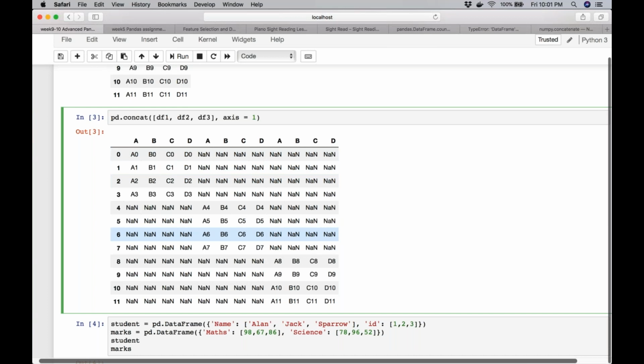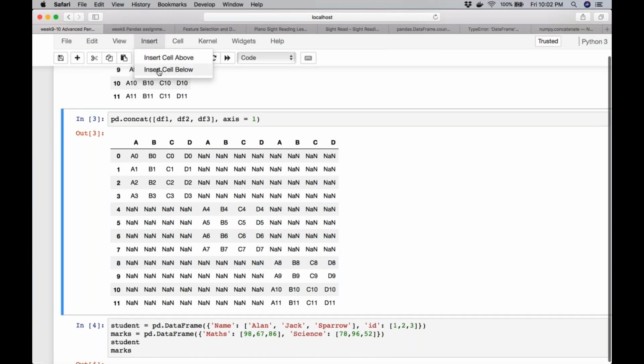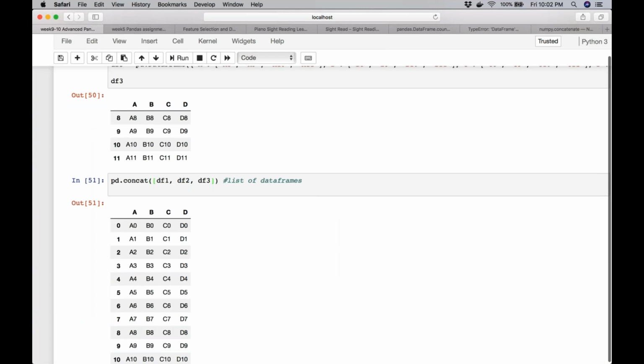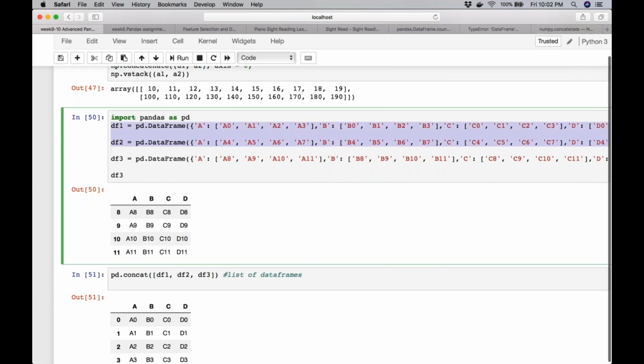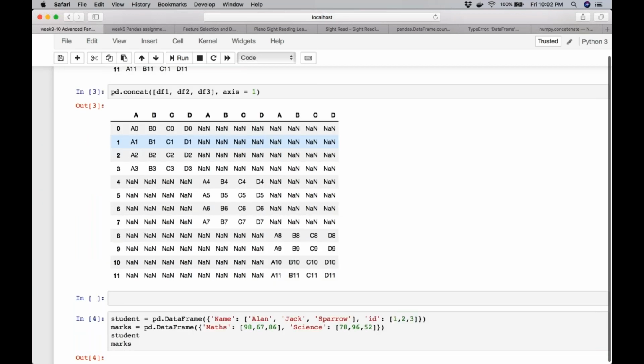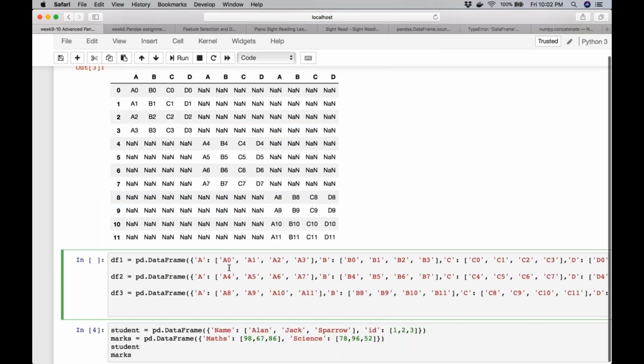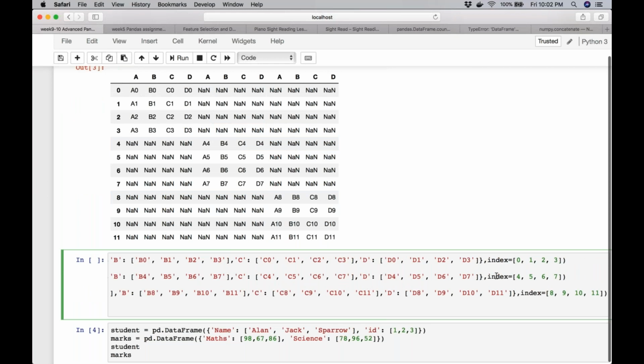But because our indices are not the same, they are unique indices for each of the 3 data frames, this is the kind of structure that we are getting. So of course it's not relevant in this case. As you can see, this is going to entirely depend on the kind of data that you have. So the use of particularly the axis argument is completely going to depend on what indices you are working on.